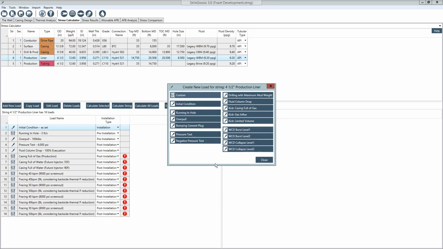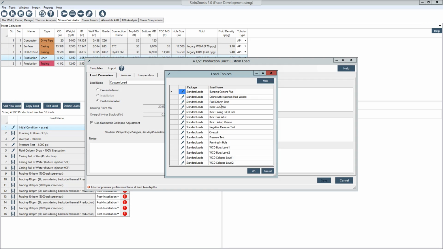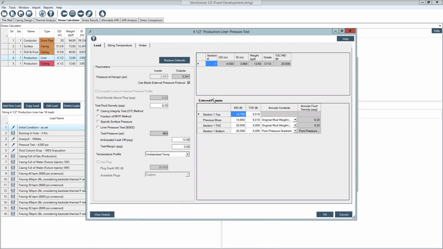So we don't have a standardized frac load case here, but it's very similar to a pressure test if you think about it. So we'll come into custom, click templates, pressure and template profiles from template. We'll select this, and I'm going to create a custom load case from a pressure test template. So the standard load case screen for pressure test pops up. I'm going to specify my surface pressure. In this example, I was using